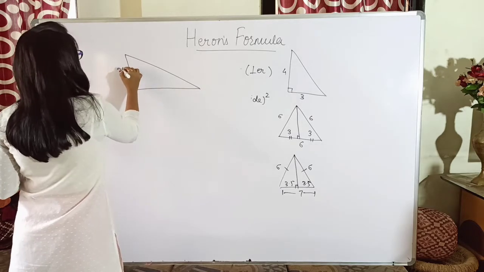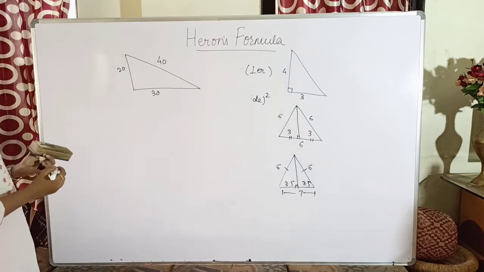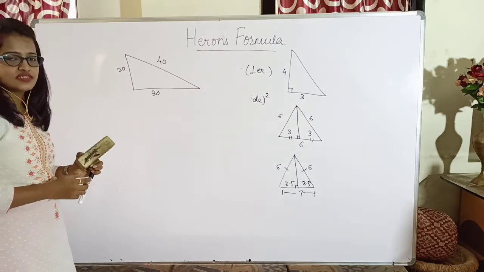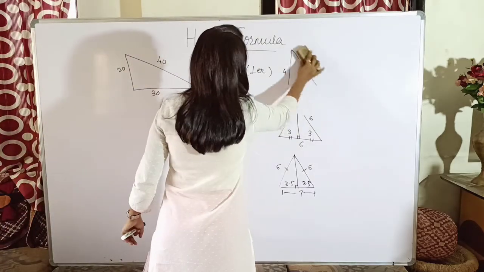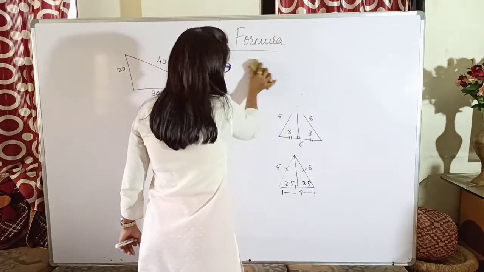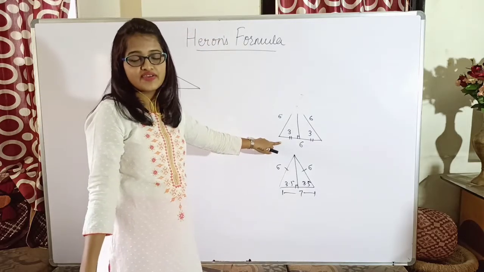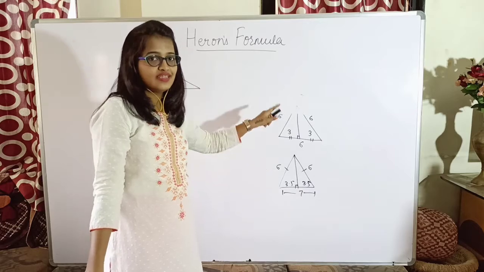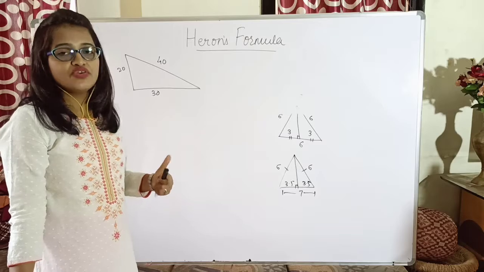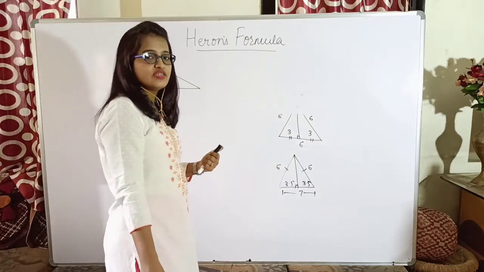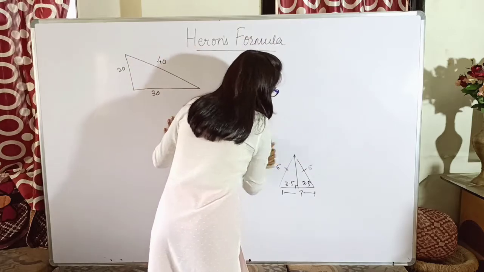So this is say 20, this is say 30, and this is say 40. How to find the area of this triangle? Here, even if you draw a perpendicular, you don't know whether it is bisecting the side or not, as it was doing in case of equilateral triangle and isosceles triangle. The perpendicular was bisecting the base, and hence we could use the Pythagoras theorem and find the perpendicular height. But for a scalene triangle, this property is not applicable.